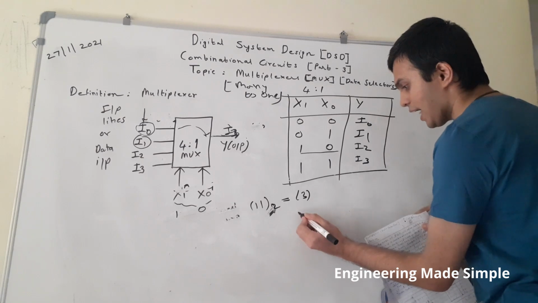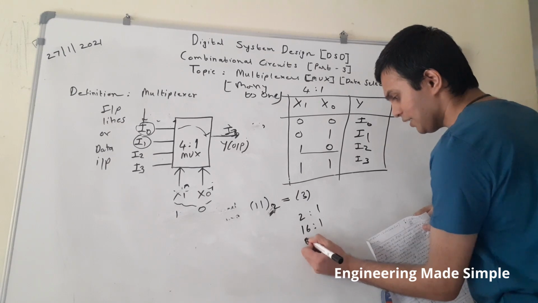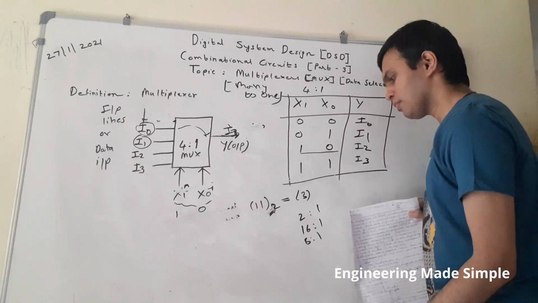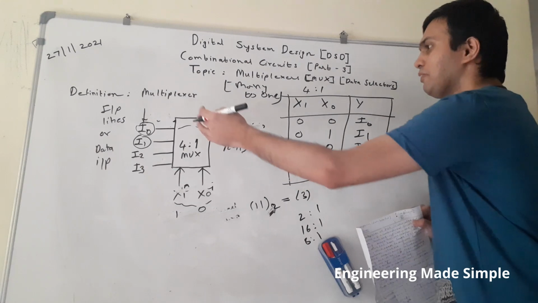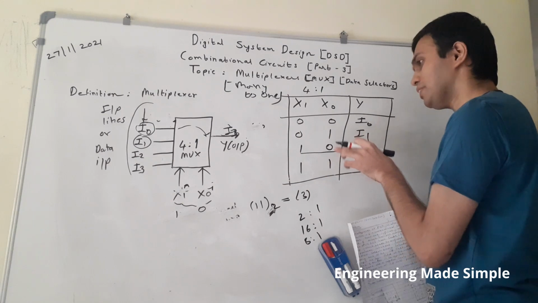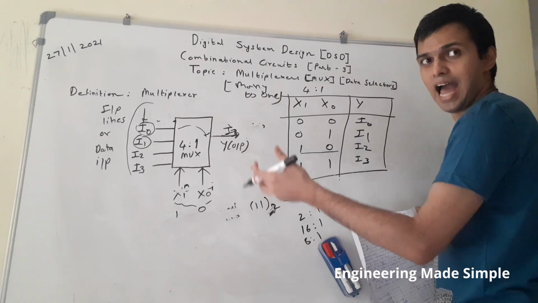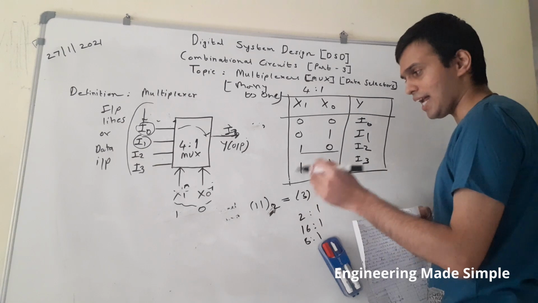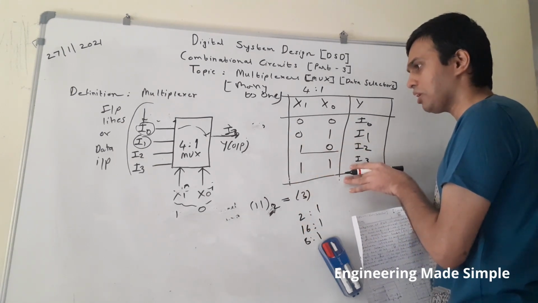Now similarly there are other types of multiplexer, that is 2:1 mux, 8:1 mux, and 16:1 mux. There are various variants available for these multiplexer ICs. One interesting thing to note here is that whenever you have a range of inputs present and we want a single output, at that time this circuit is very useful. Practically, in many cases we have an array of inputs and we want to extract whichever we need at that particular time. In such applications, that is data acquisition applications, this circuit is particularly useful.